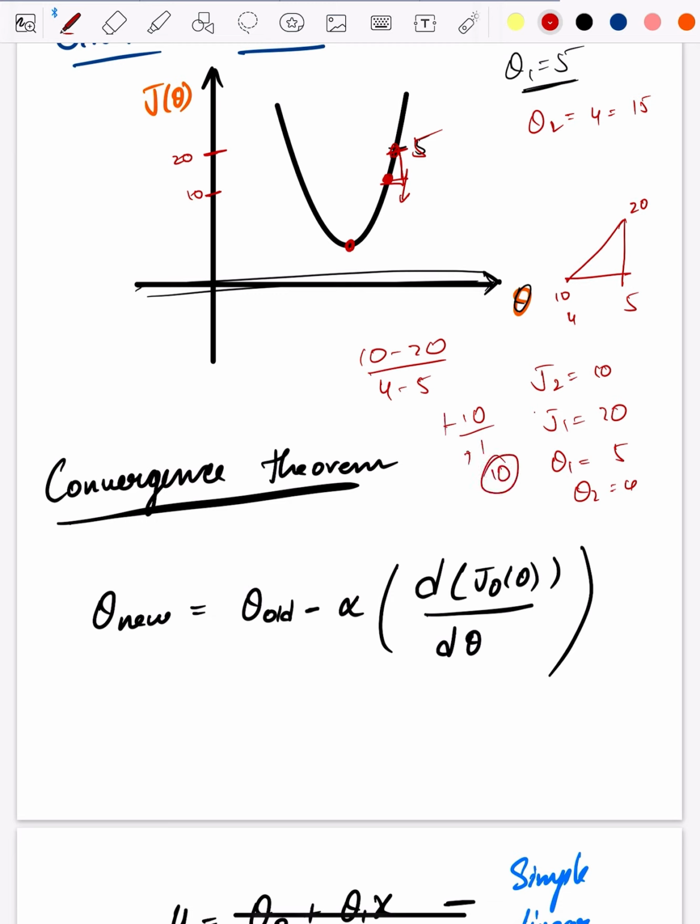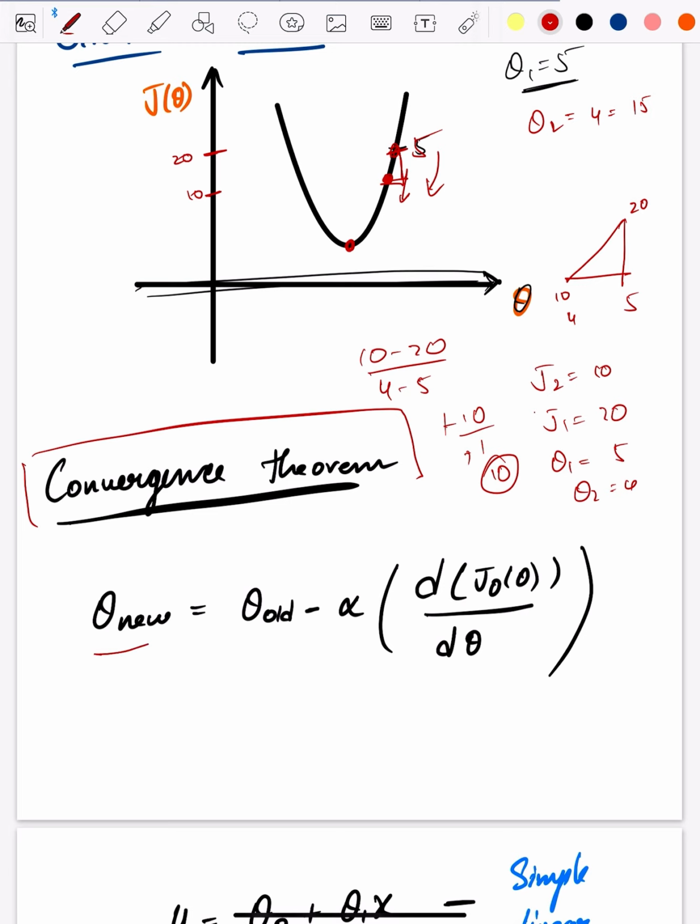So for unit change, it's 10, right? So you'll change the theta value because the J theta is getting decreased. The J theta is getting decreased if you decrease the value of theta. So you're gonna come in this direction slowly, slowly. So you use this concept of convergence theorem